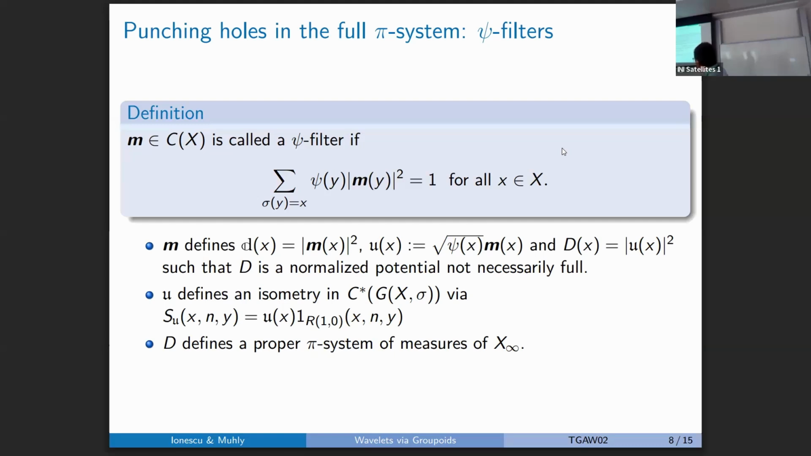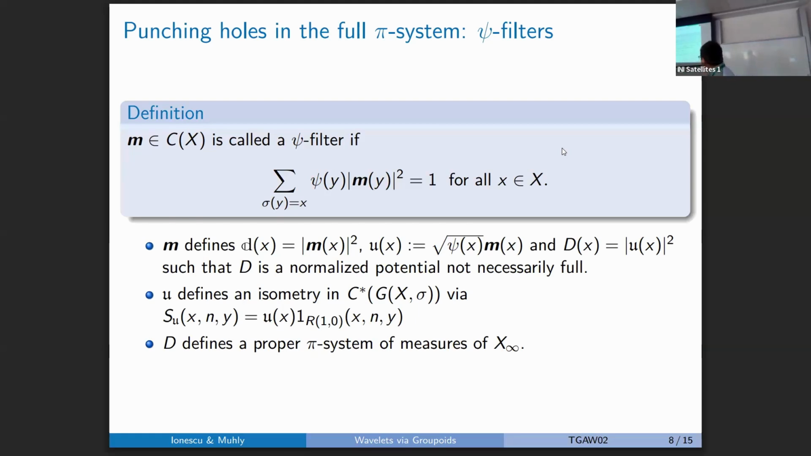defines an isometry that lives in the C*-algebra of the diagonal groupoid. So by taking the indicator function of the set R10, so the graph of sigma, and multiplying with U of X only. And of course, as I said, D defines the system of measure on X infinity. Might not be full, but we get the C*-correspondence in the sense of using Hawker's theory. So we can induce